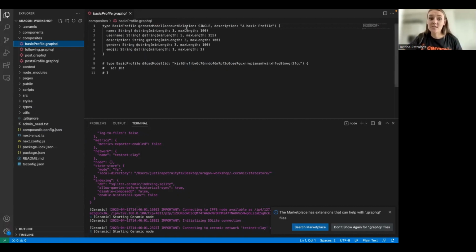In other situations, for example if you are building a Web3 social app and you want to add a posts model, it's likely that users should be able to create more than one post. Then you will have account relation list, which means that one user can create more than one post. In this case, we have relation single, which means, again, that a user can have only one profile associated with them.